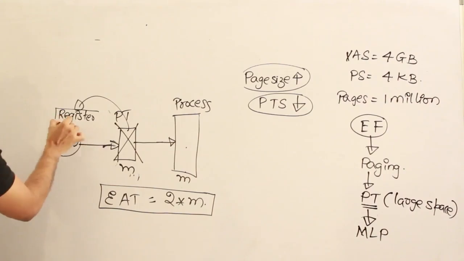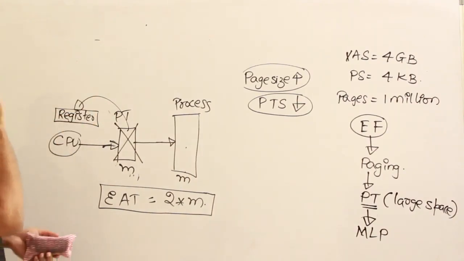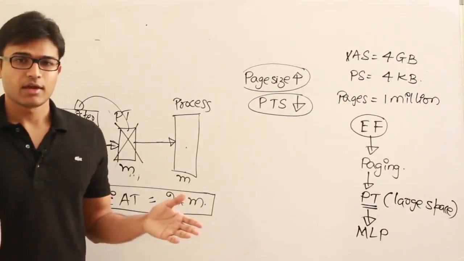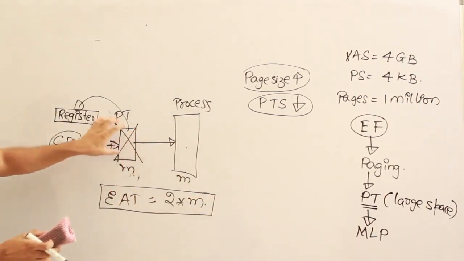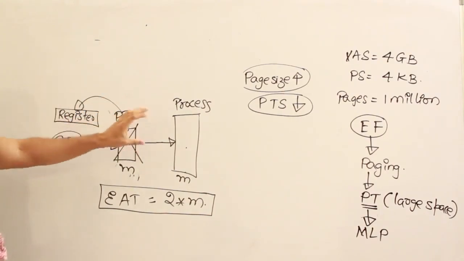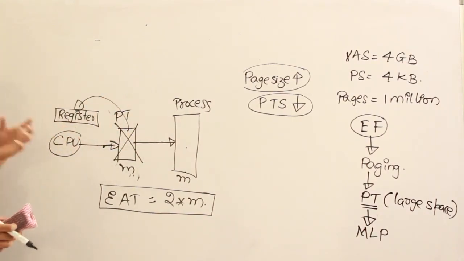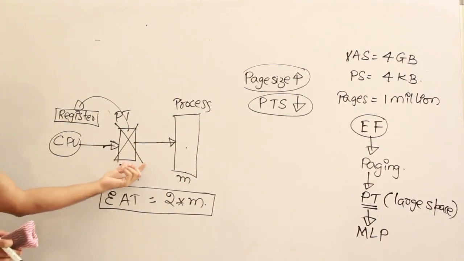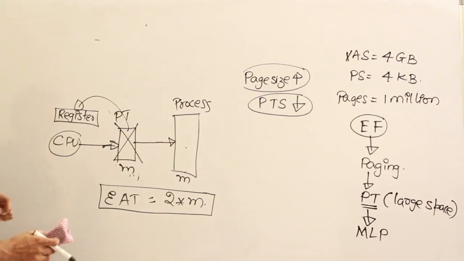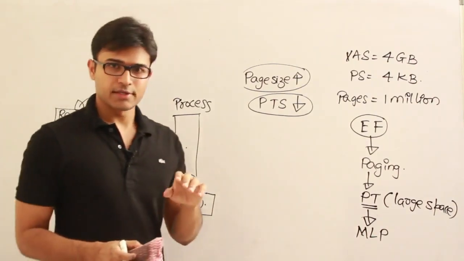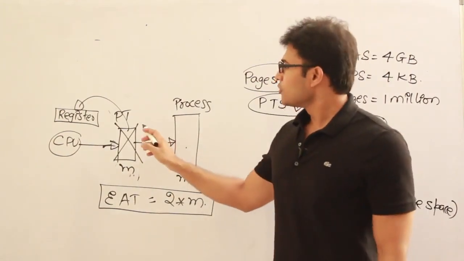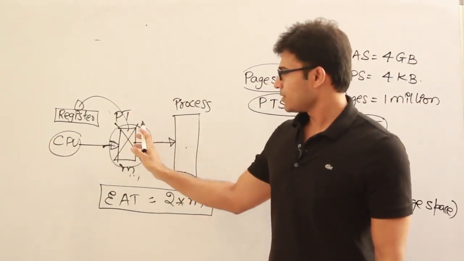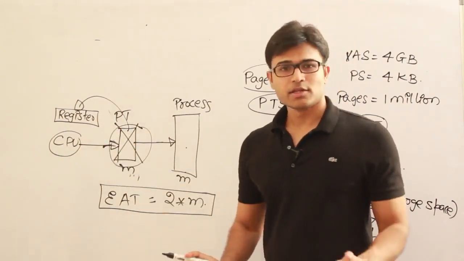But then the problem was the registers are very costly, and they might not have that much space to hold the entire page table. Yes, if you load the entire page table into registers, program execution will become faster, because we are cutting down the time to read something from the main memory. But the registers are costly and smaller, and even if we assume that the page table size is very small and can completely fit in registers, the problem with this is